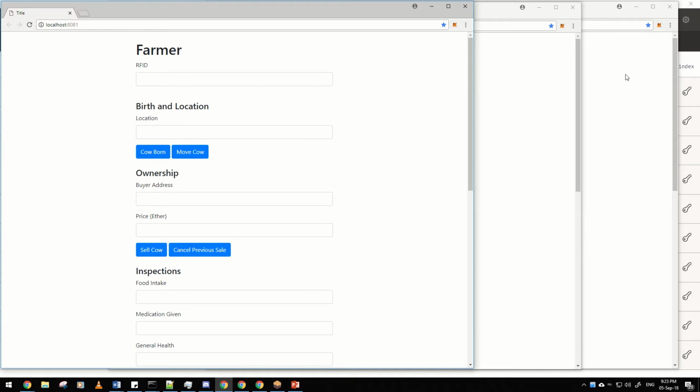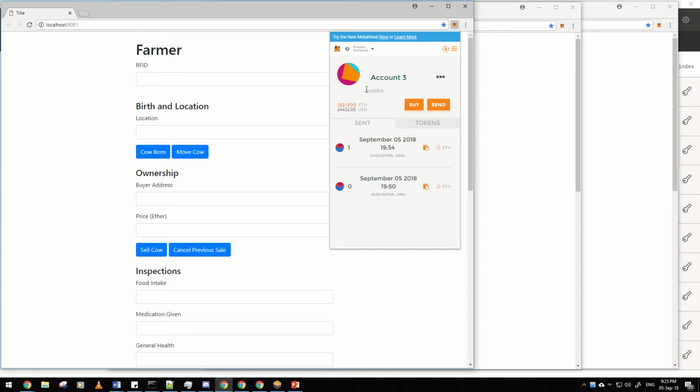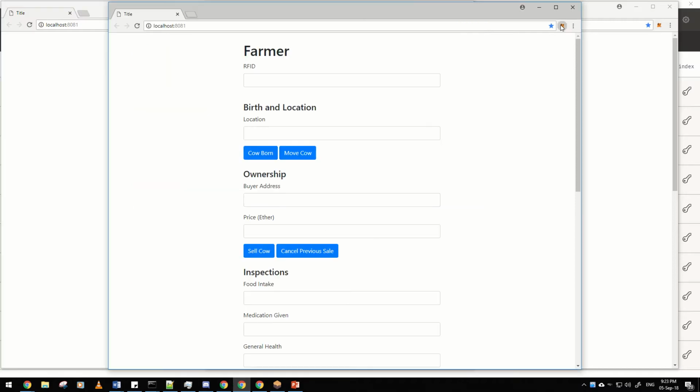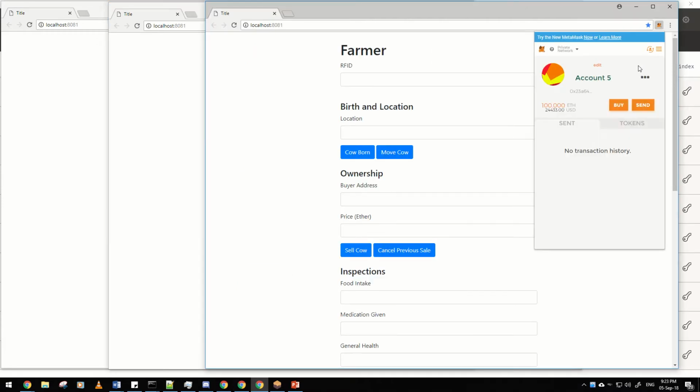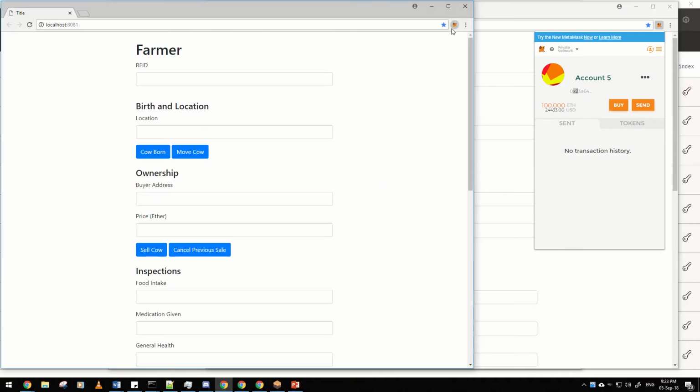This demo will include 3 different accounts. One account, over here, is 0x1, so I'll call this account x1. The next account is x5, and it's represented by this window, and the next account is x2, represented by this window. Okay, so we will say that our first 2 accounts, x1,